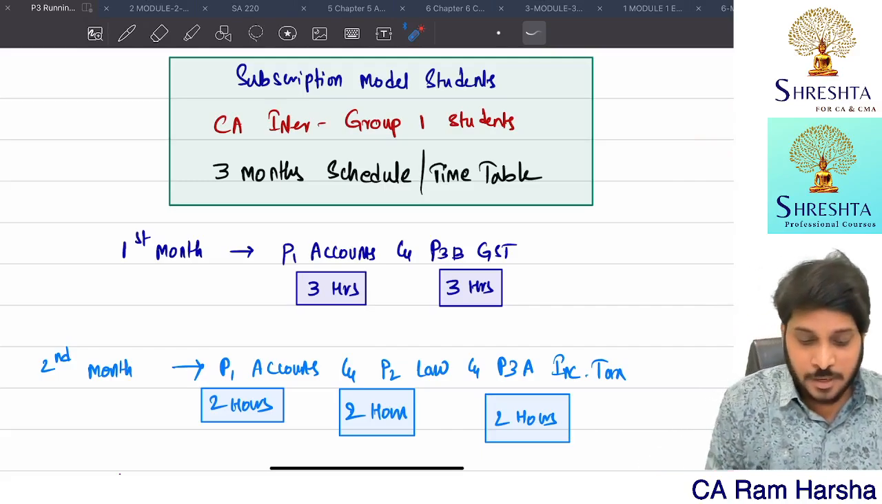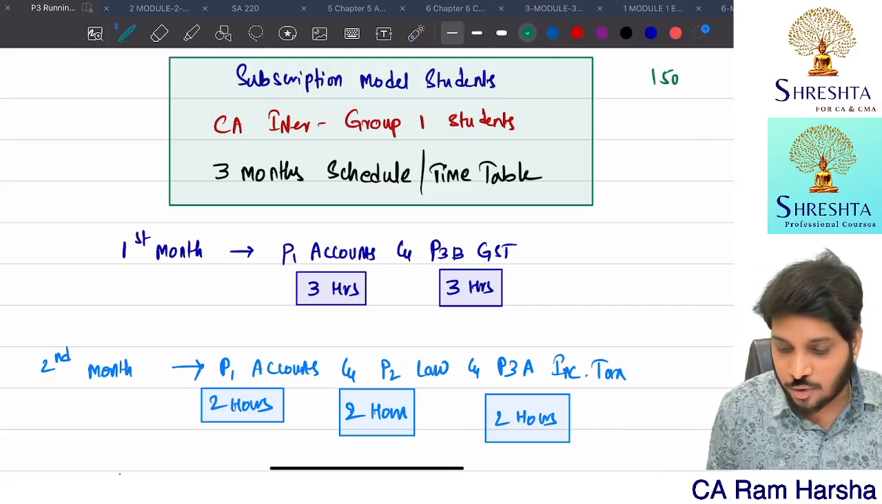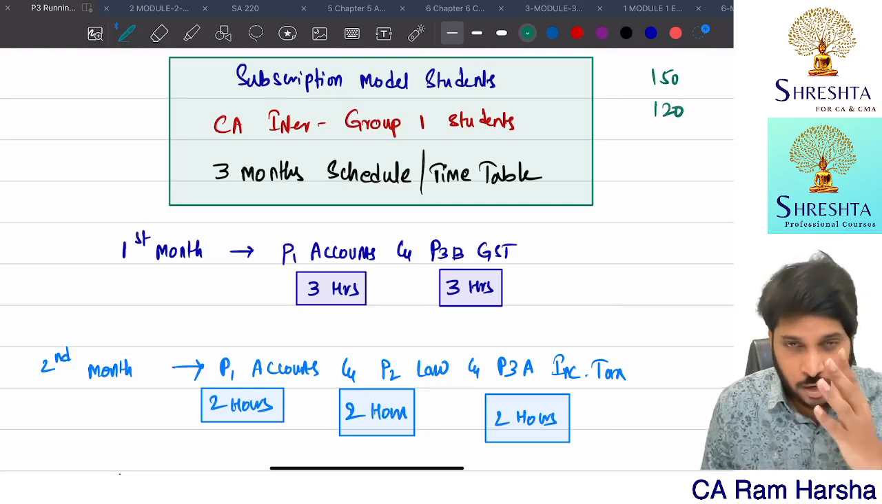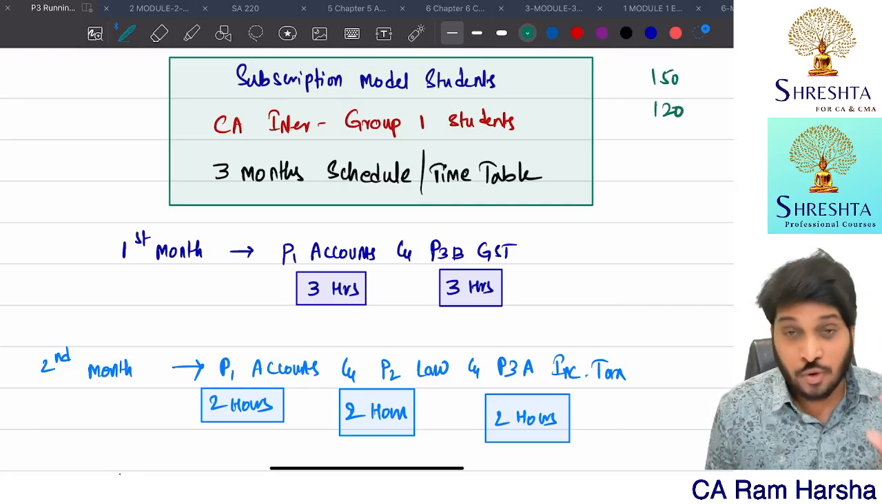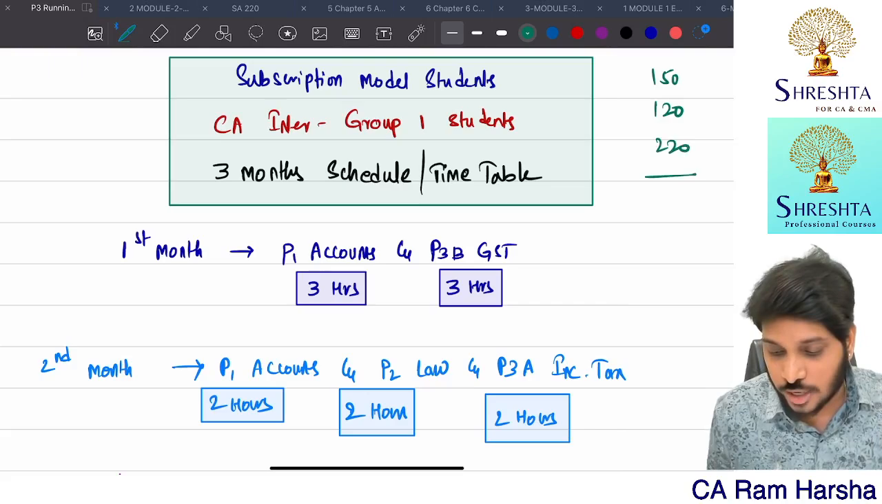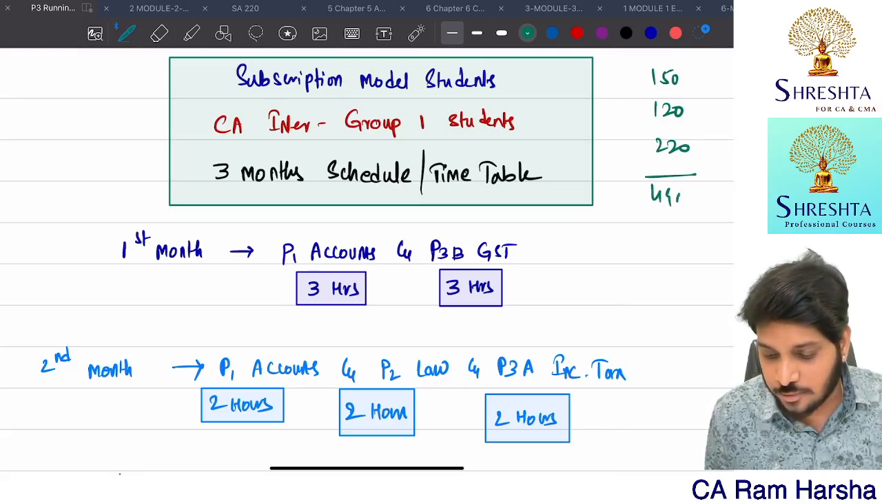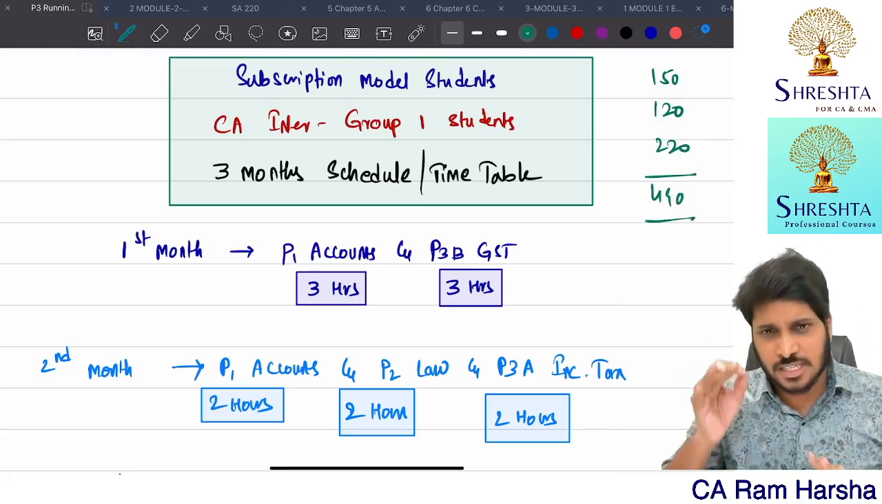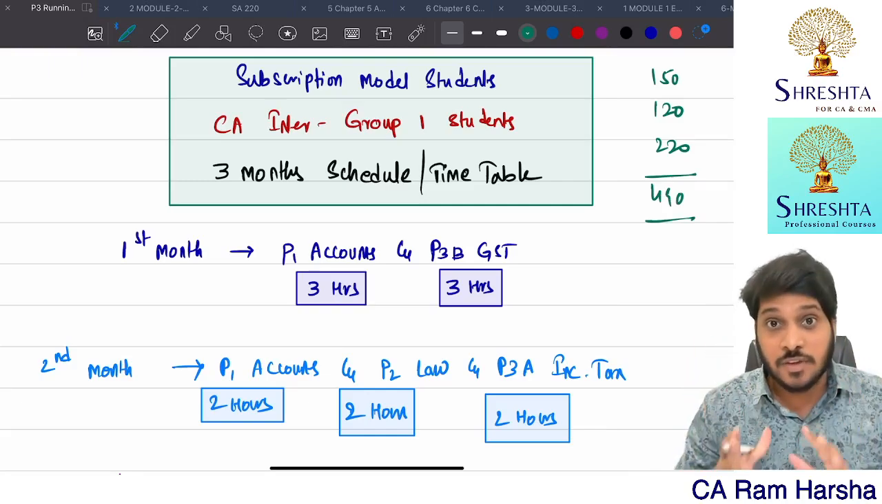For example, accounting's recordings will be somewhere around 150 to 160 hours. Law will be 120, paper 2. Paper 3 taxation will be somewhere around 220. So 340, approximately 490. Worst case, 500 hours is the maximum number of hours that we are going to upload